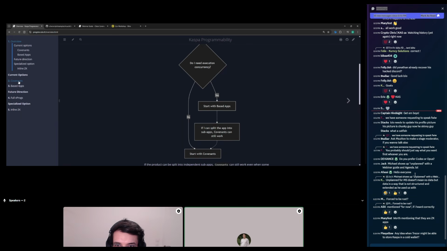What covenants allow you, by giving the inner code of the covenant, the inner script, is the ability to inspect other inputs, the outputs. It can allow you to implement state machines where the input can govern what the output rules are. So it's kind of self-preserving. That's why it's called a covenant. You're entering a covenant in the sense that you're not free.